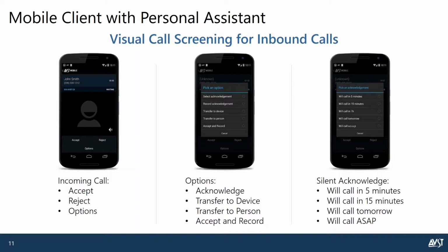What we've done to make that a little better experience is we've set up a way to screen calls when you're in a meeting silently and process those calls in a number of ways. And this is our mobile client that we talked about. If you buy the personal assistant license, we will now be able to set up a user so that when they get a call through our system, we will send a pop-up to their phone, and that's the screen on the left. And if indeed that person is in your contacts or on your system, you'll see who it is,